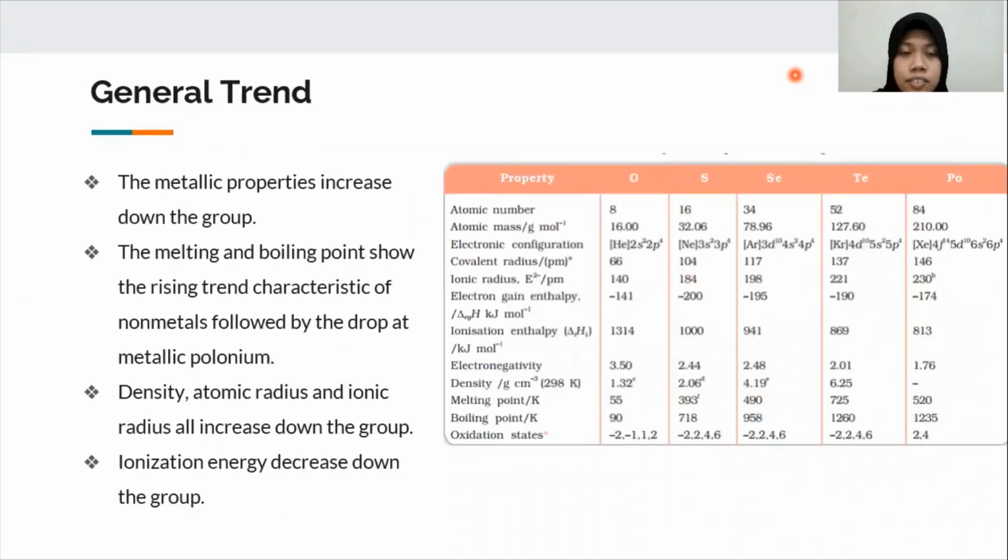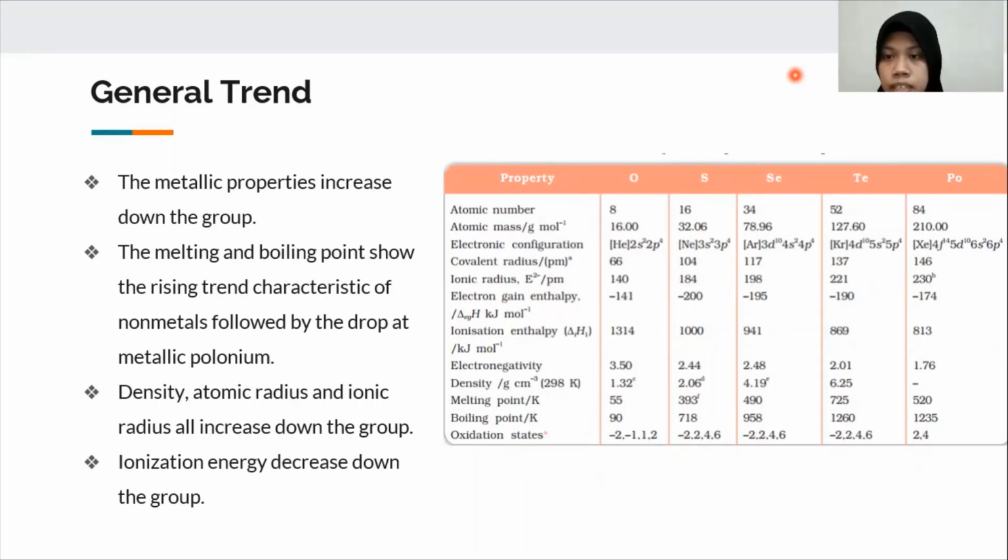So next is the general trend of group 16 or 6A elements. The metallic properties increase down the group, meaning starting from oxygen to polonium, the metallic properties increase. The melting and boiling points show the rising trend characteristic of non-metals, followed by a drop at the metallic polonium. So you can see from this table, the melting point and the boiling point keep increasing from oxygen to